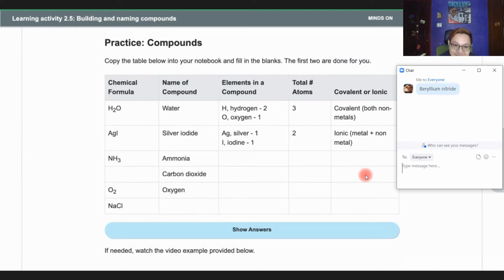Okay, so H2O. You determine it then. So NH3, ammonia, is